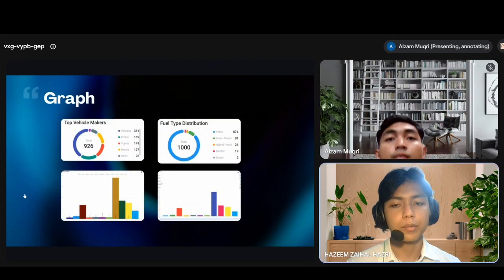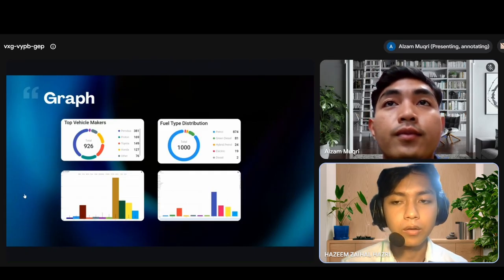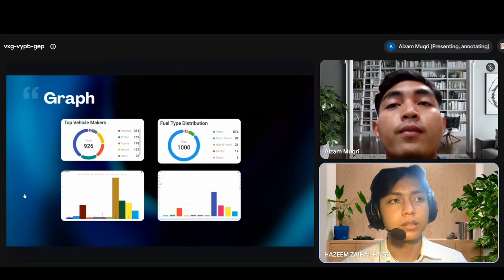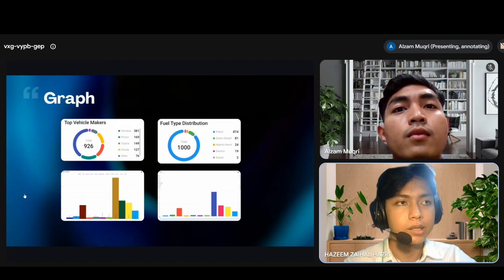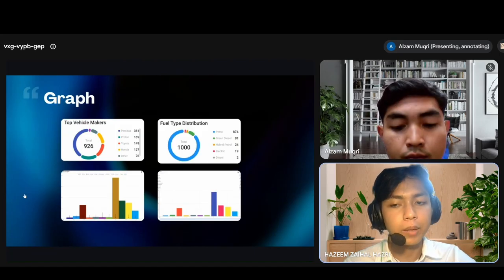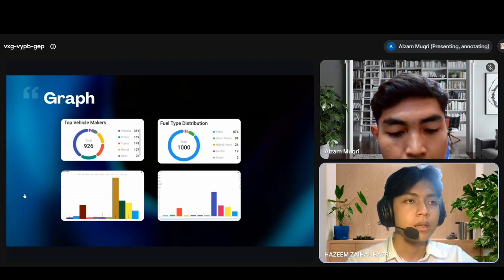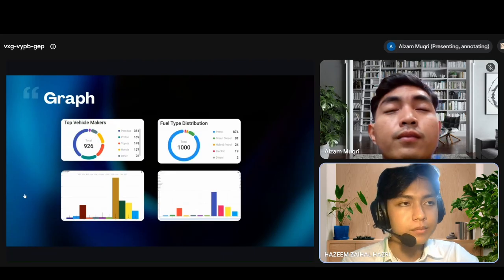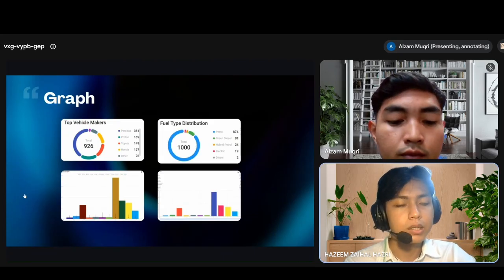Hi everyone, today I'm going to be presenting about the graph that we have for our ThingsBoard. First of all, I'm going to be talking about what is ThingsBoard. ThingsBoard is an open source IoT platform. The job is to receive data from any device from any pipeline in real time. You can store it and also visualize it on live dashboards. It is used for things like sensor data from smart homes or factories, but any data stream with timestamps works, which is why we could plug our vehicle registration dataset into it, even though it is not a physical sensor.